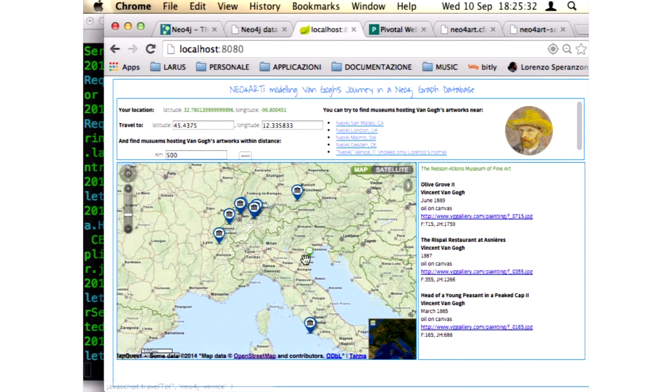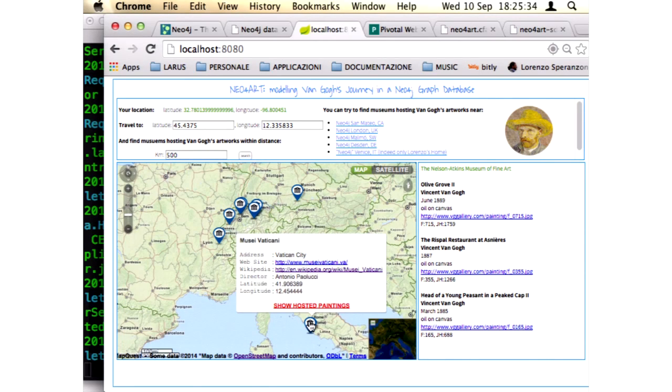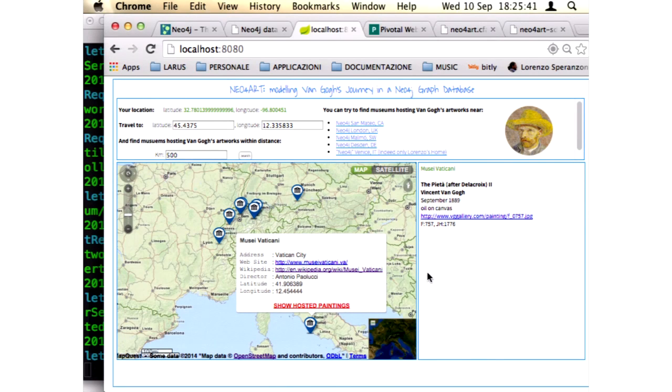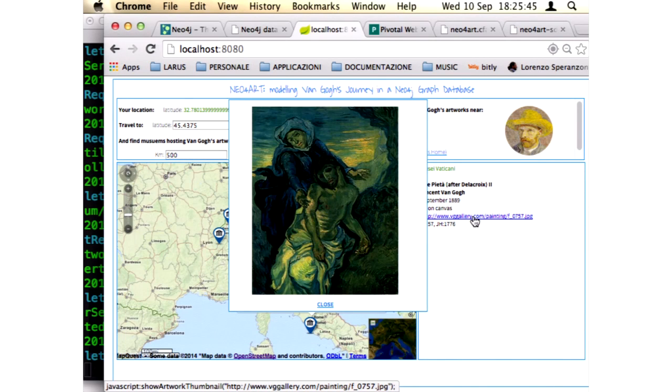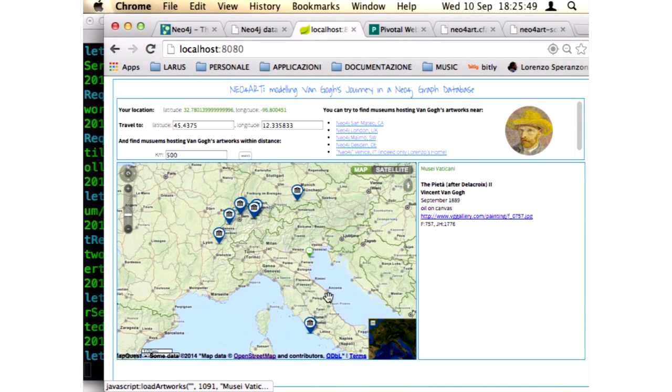I'm not so happy because in Italy there's only one museum which is actually hosting, so I have to travel a lot. With this one, which is hosted in the Vatican museums.